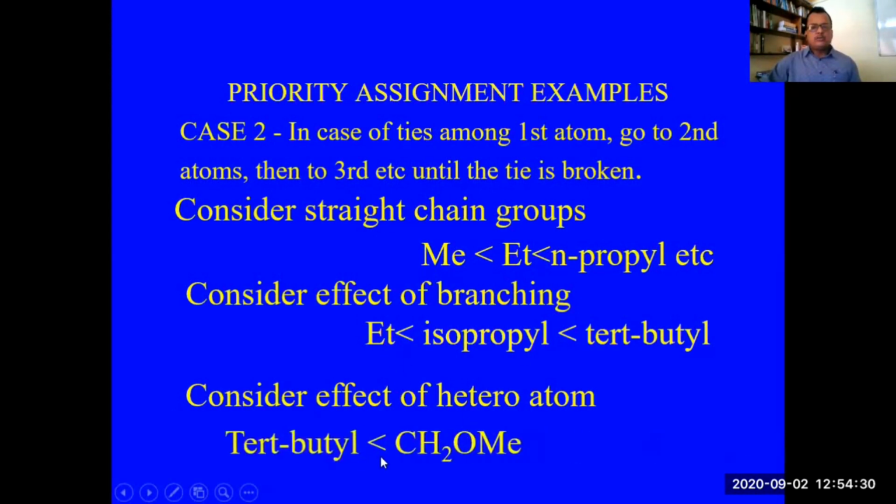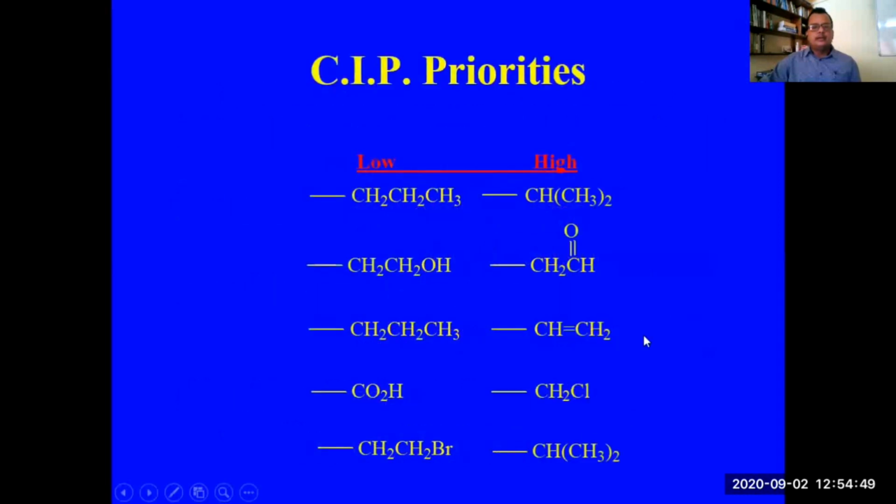So here already the heteroatom I have elaborated. In the example there was a CH3 group, a CH2F group and a CH2Cl group. So on the basis of the higher atomic number of chlorine, CH2Cl gets higher priority. So here you can again see these two groups, the first atom is carbon, second atom hydrogen and carbon, and this carbon is attached to one oxygen, this carbon is attached to two oxygen, so this one will get higher priority.